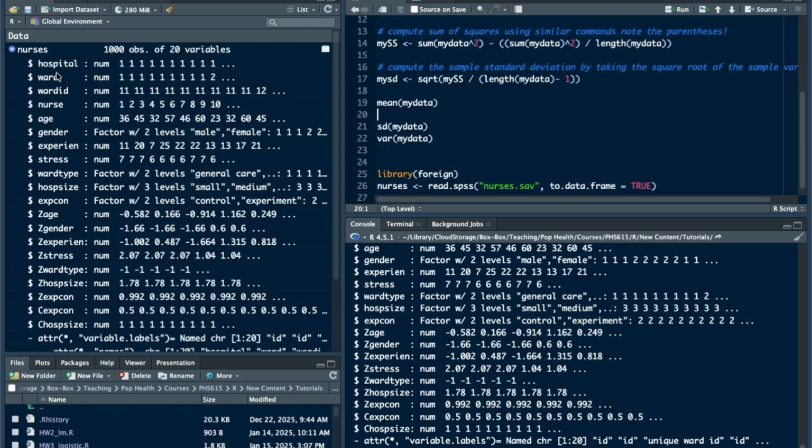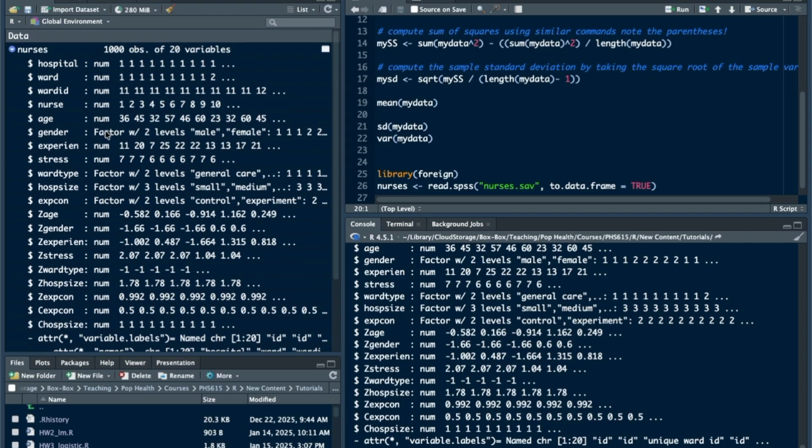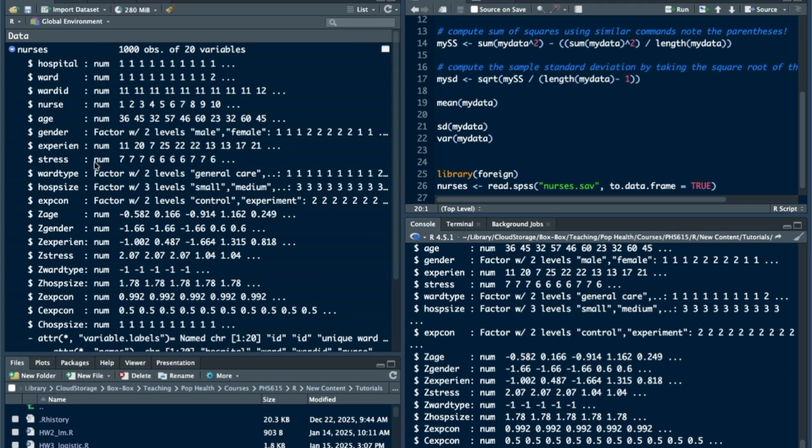This data object in R is called a data frame. And a data frame in R is, for all intents and purposes, just like what your data look like in Excel and SPSS, with some fun things to add on to it, which is that it can interpret coded data. So if we were to look at this data set in SPSS, we would see for the ward